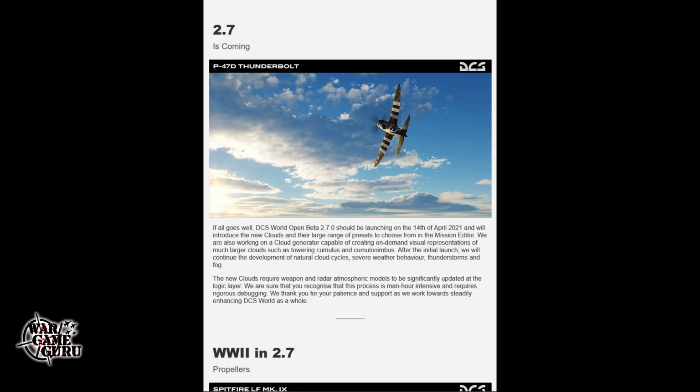And then as we go down, they talk a little bit about some of the things that are going to happen in 2.7. If all goes well, it should be launching on the 14th of April, and we will introduce new clouds and their large range of presets to choose from in the mission editor. We are also working on a cloud generator capable of creating on-demand visual representations of much larger clouds, such as towering cumulus and